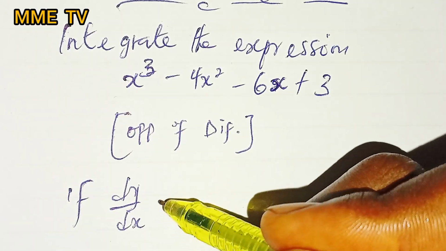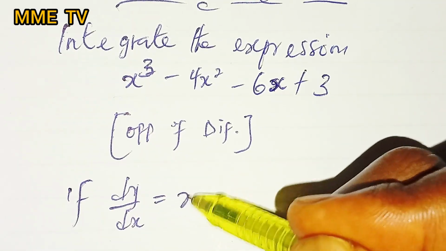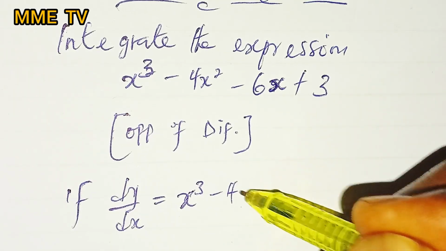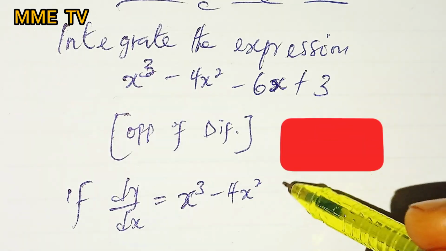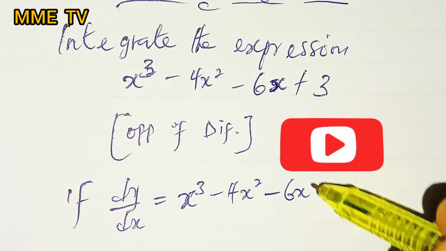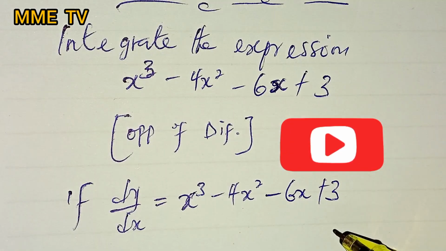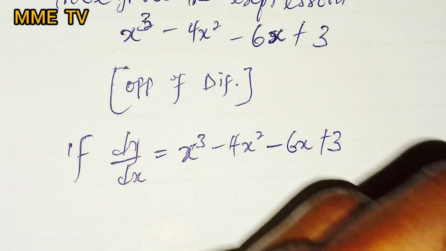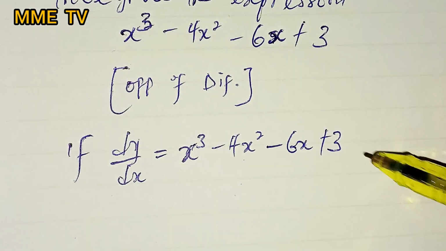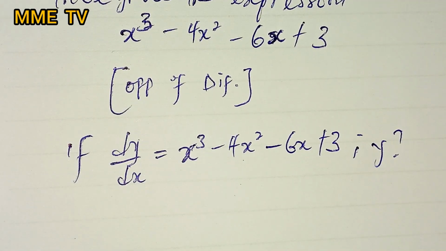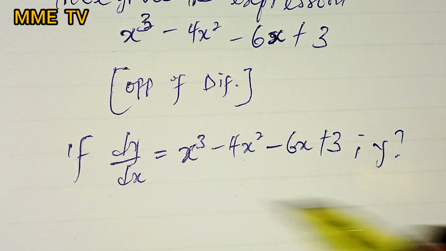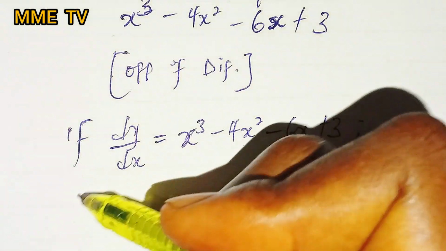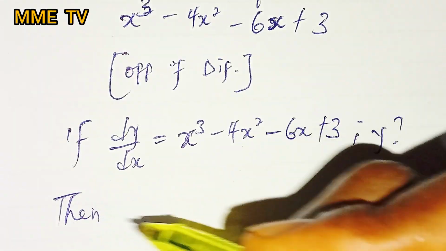dy dx of x raised to power of 3 minus 4x raised to power of 2 minus 6x plus 3 is given to you. What they are looking for is for you to find the value of y. Okay? So based on this particular expression, what are you supposed to do? You will say then